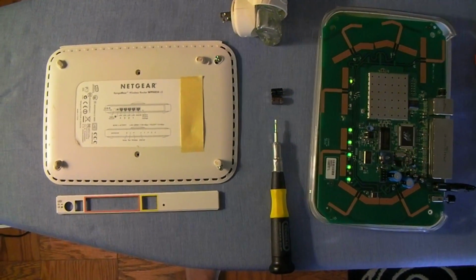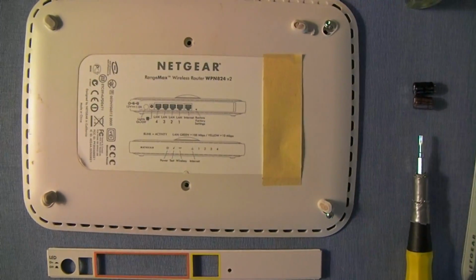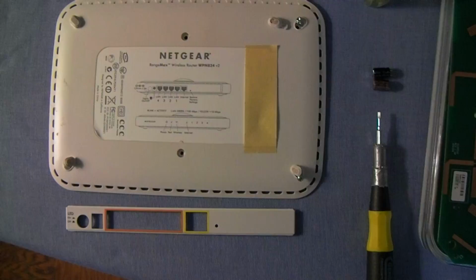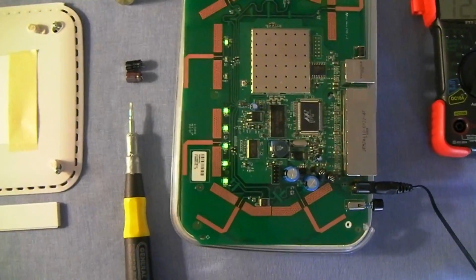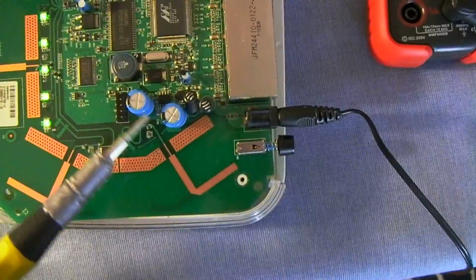Our power went out and it came back on, and our router, the NETGEAR N series WPN824, was no longer working. So I didn't want to buy a new router without at least trying something. I watched a YouTube video that showed the person swapped out these two capacitors,